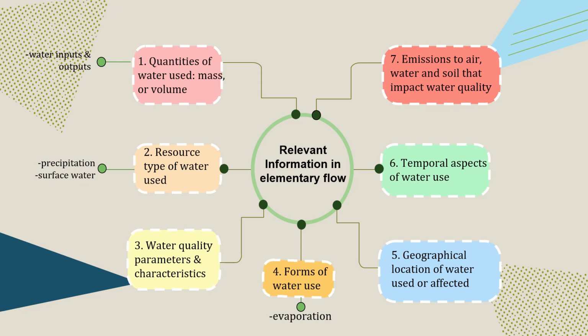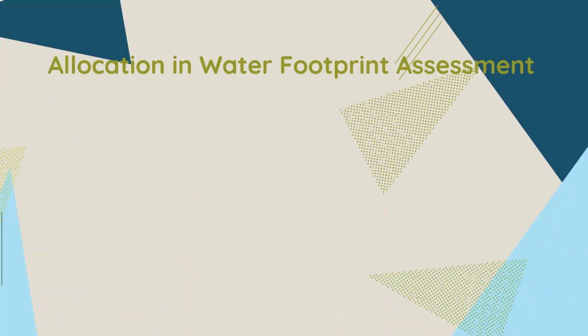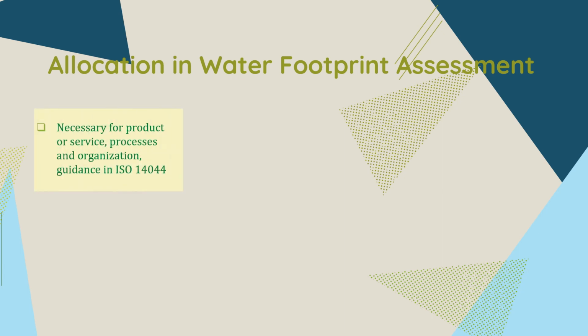Next is form of water use. Then geographical location of water use or affected. Temporal aspect of water use, and lastly emission to air, water, and soil that impact water quality. So now we move to the allocation in water footprint assessment, where it is necessary for product or service, processes,